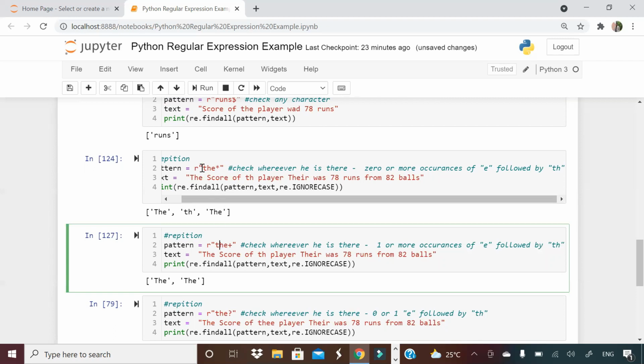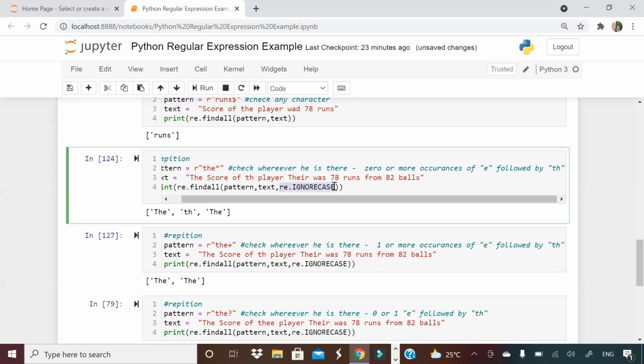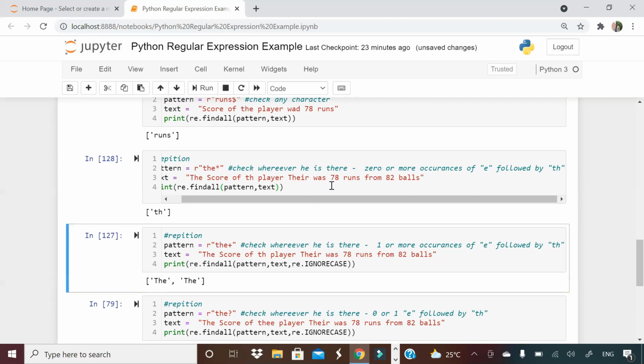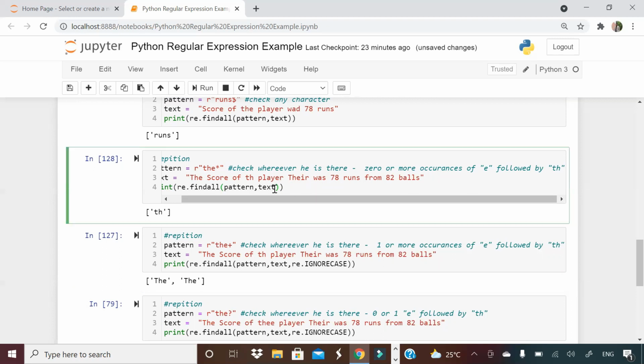And you can use word boundaries here. Otherwise, sometimes it might lose the meaning. Okay. And this important thing you must know, re.IGNORECASE, guys. re.IGNORECASE will just ignore the case. For example, if you see here, if I remove this, then all the capital T will go. Okay. So it is not a case insensitive matching. I want to do a case insensitive matching. So I will put that re.IGNORECASE.